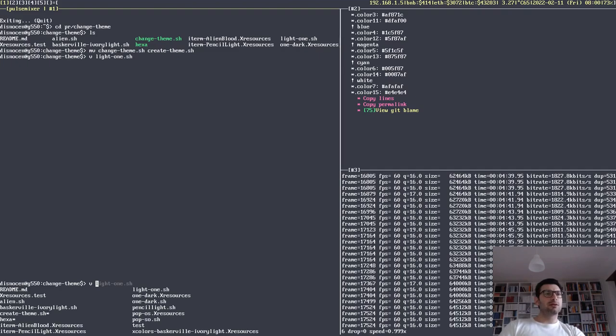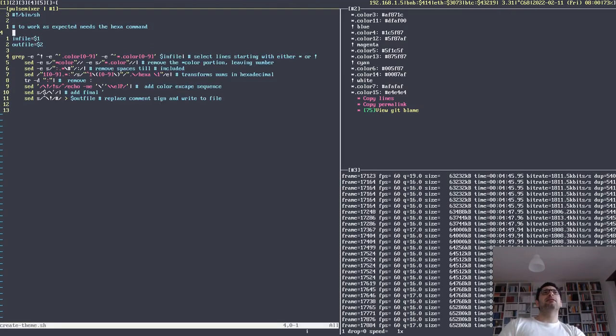Now it's called create theme, sorry. Basically it is a one-liner, even if there are more lines here, and there are all the comments on that thing. Note that because we are using a script inside a set command in here, which is hexa,